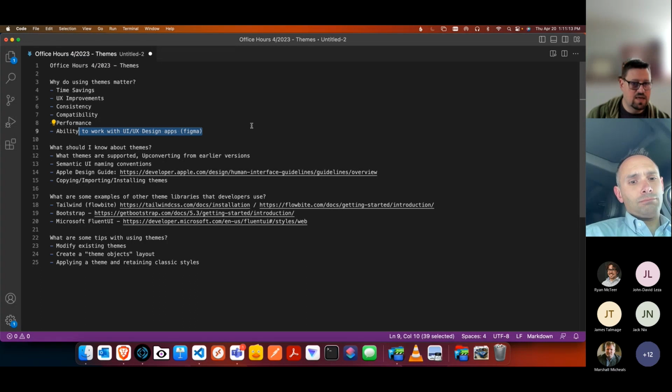And then lastly, if you're not using themes, or if you don't know how to use themes, or you've just reverted to copying and pasting what you've used in the past, you won't have the ability to work with a separate UI or UX designer. And this is something that we don't even do all the time, but on much larger projects, things that are in the hundreds of hours, or things where we're doing a hybrid system where it's part on the web and part in FileMaker Pro,